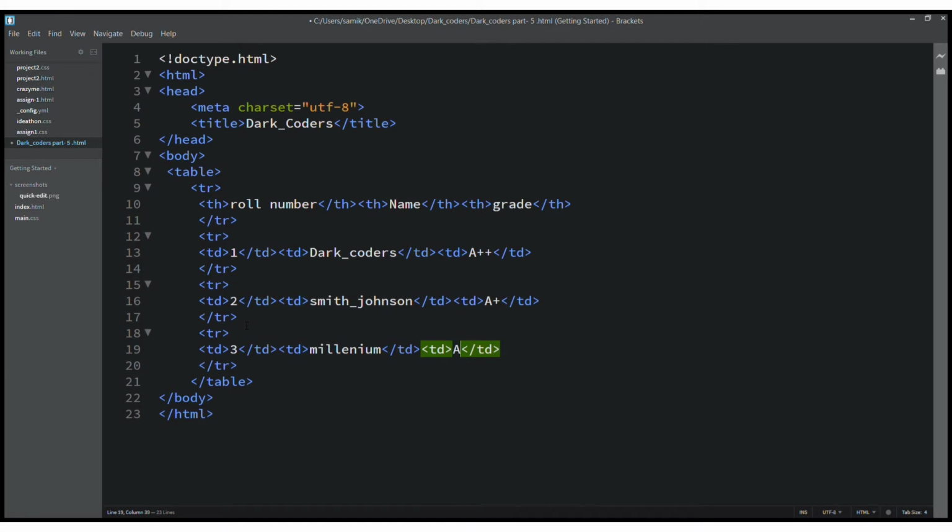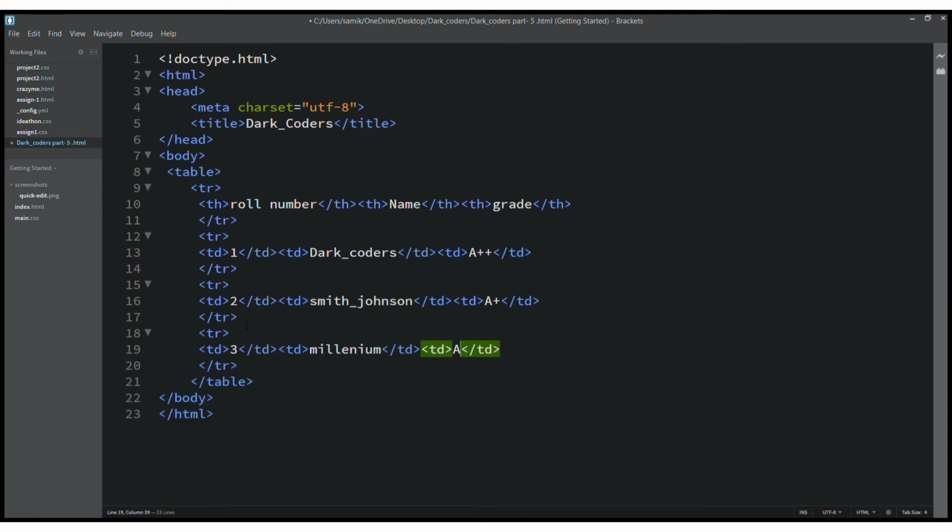So this is the coding for giving the information in the table, and now everything is over. I will give the end of table and end of tr. Everything is okay.